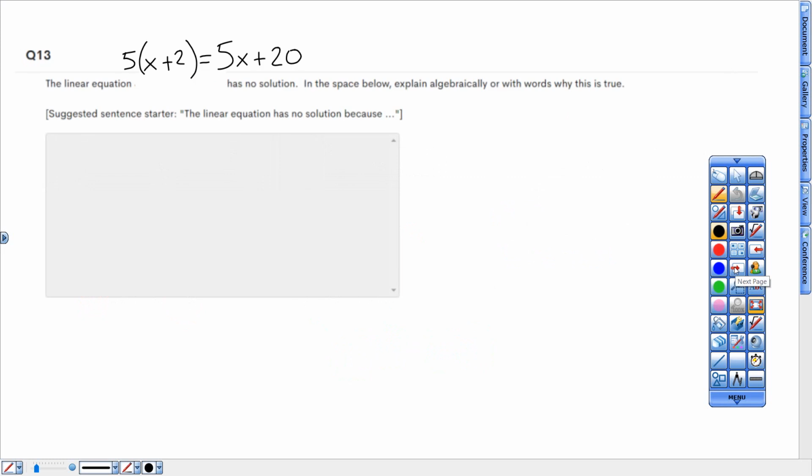For this one, I want you to try to explain in words why there's no solution. Maybe type what you get after you distribute. So maybe in that box you could type 5x plus 10 equals 5x plus 20. And then maybe you could write the linear equation has no solution. Look at that sentence starter. The linear equation, use those sentence starters, has no solution